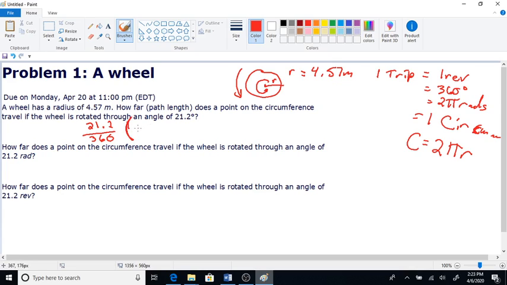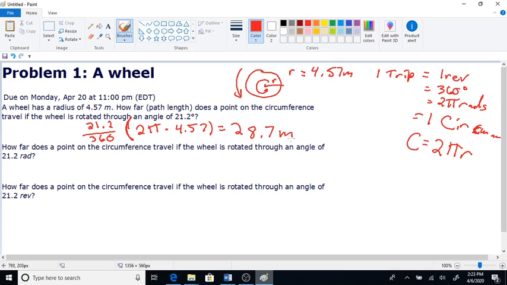And all we have to then do is multiply by 2 pi times our radius, which is 4.57. And that equals for us, where is it? Apologize, slow on this. Looks like 28.7